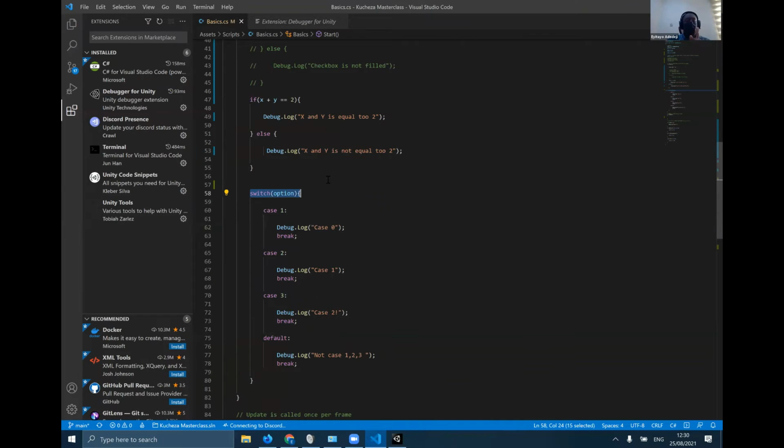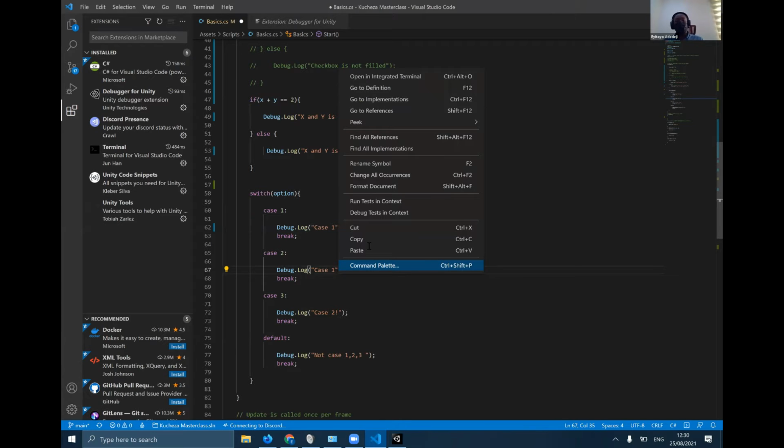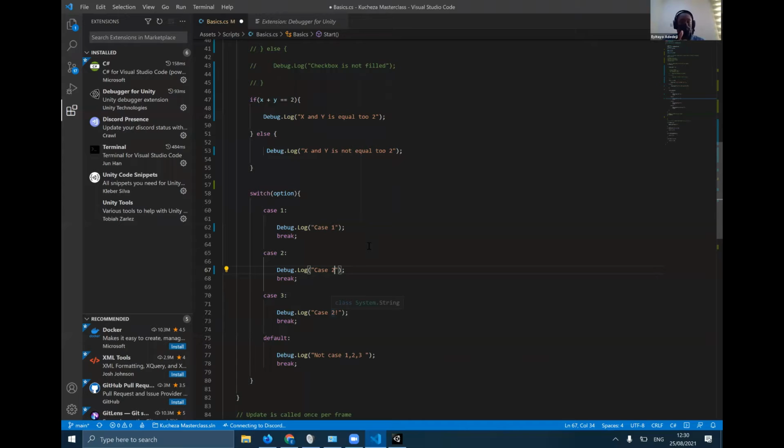So if option is equal to 1, then do this. If it's 2, then do this. If it's 3, then do this. If it's none of those, then do this, basically. Let me fix this quickly. One moment. But this is very useful in comparison to an if statement, because 1, it's faster, and 2, it's technically less